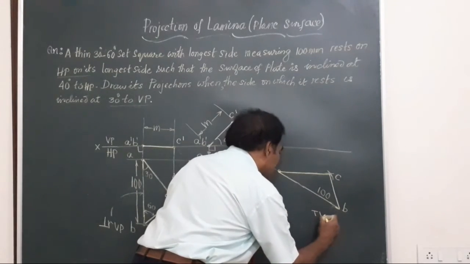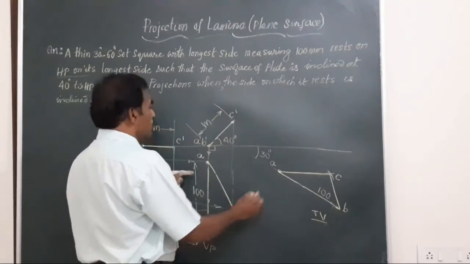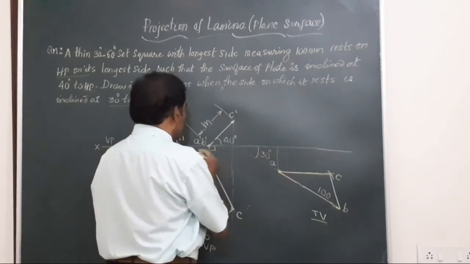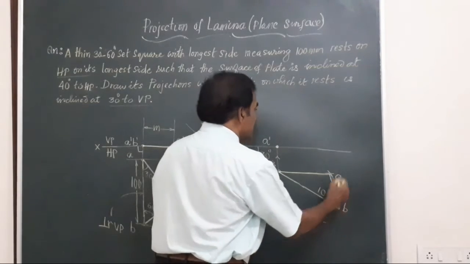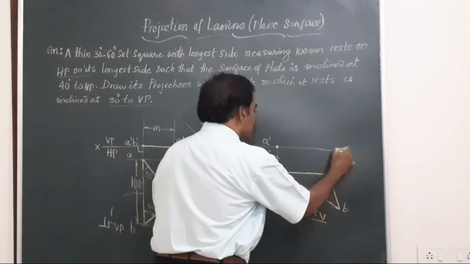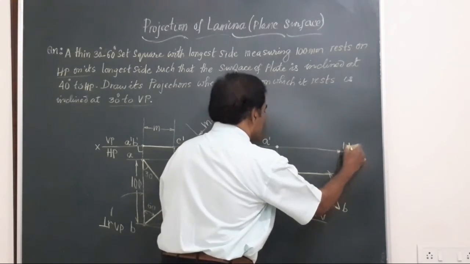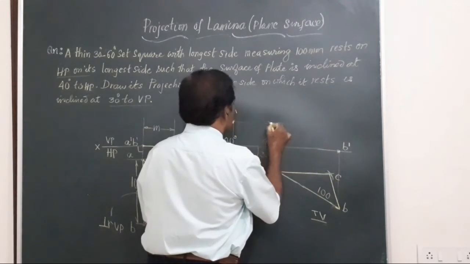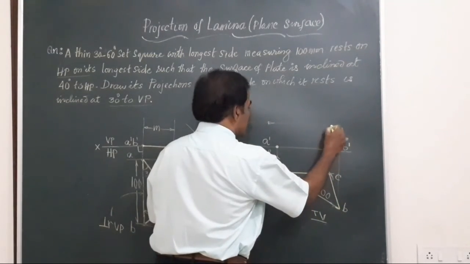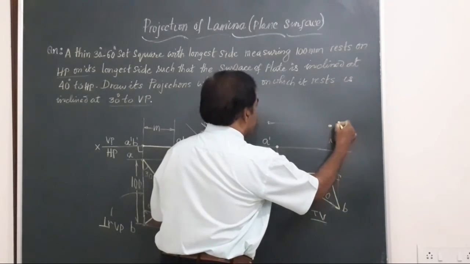We have to obtain the front view corresponding to that top view. So how to obtain it? Draw a vertical line from A, a horizontal line from here. These two will intersect here. We will get the point A dash. Similarly, B is here. Draw a vertical line from B, a horizontal from B. This is going to be B dash. For C, draw a horizontal from C and a vertical from this point C. These two are intersecting here. We call that point C dash.